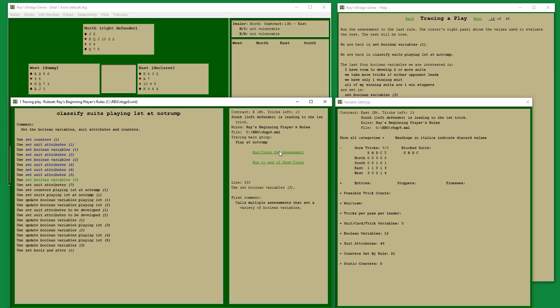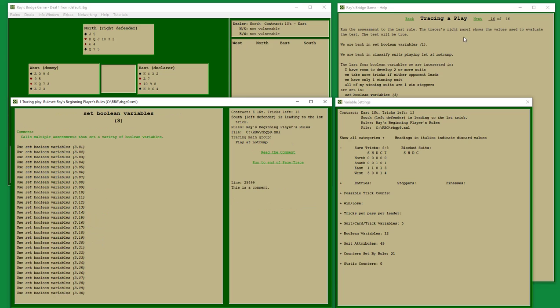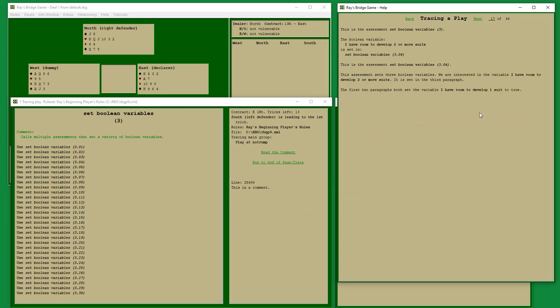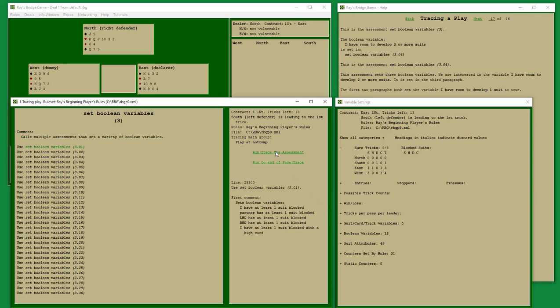We'll trace set Boolean variables 3. This is the assessment set Boolean variables 3. The Boolean variable I have room to develop 2 or more suits is set in set Boolean variables 3.04. So let's run this and trace